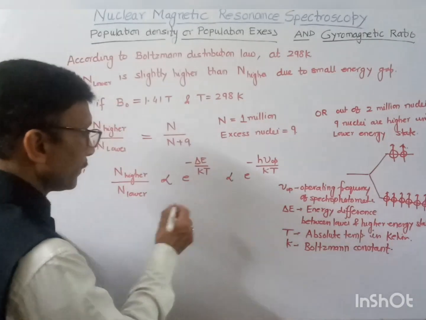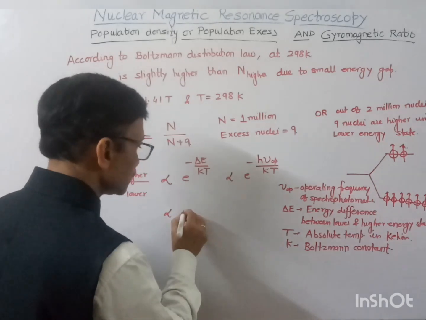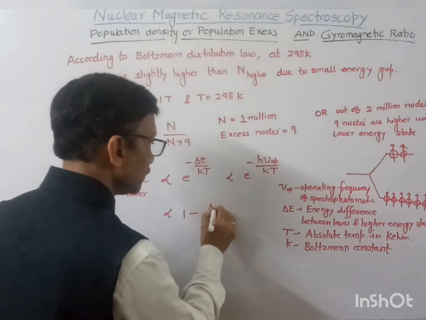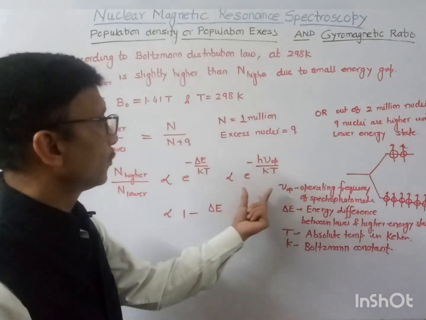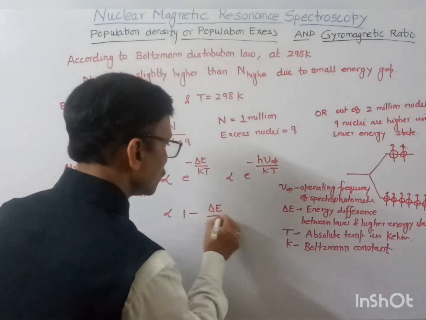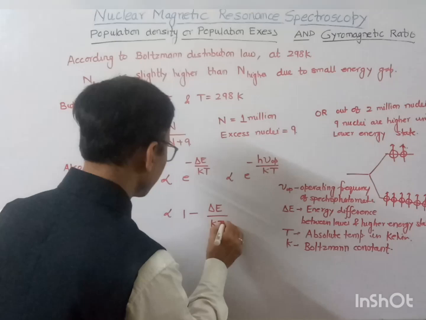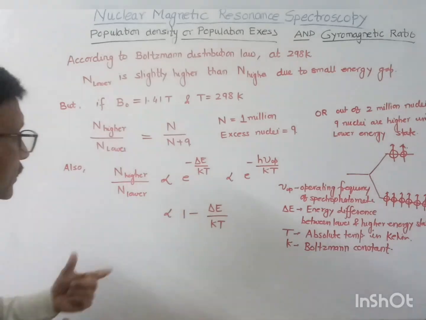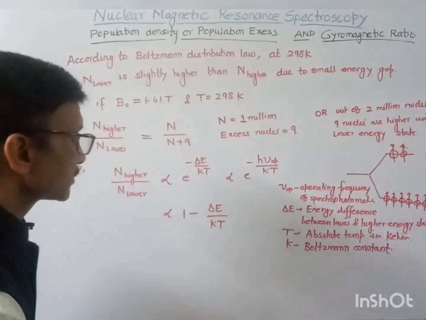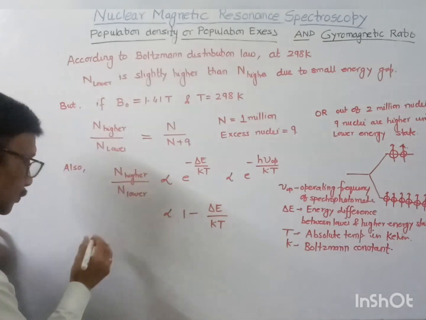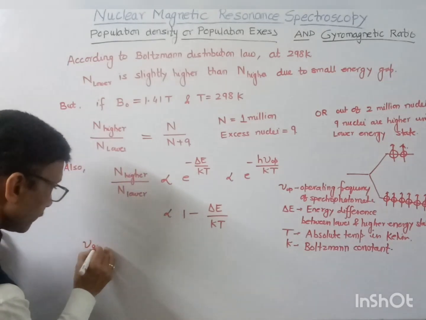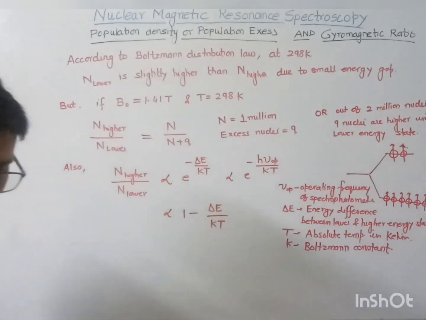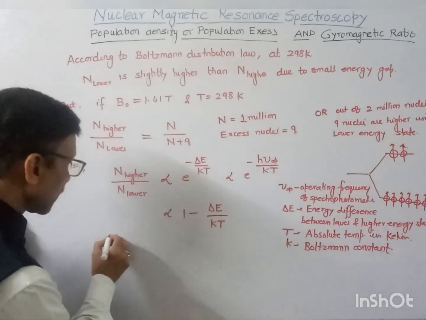Now suppose if we expand the exponential form, then this is equal to 1 minus delta E upon kT. We can write N higher upon N lower is equal to this much. So what does this whole expression tell? This expression tells that suppose nu operating increases, or suppose this delta E